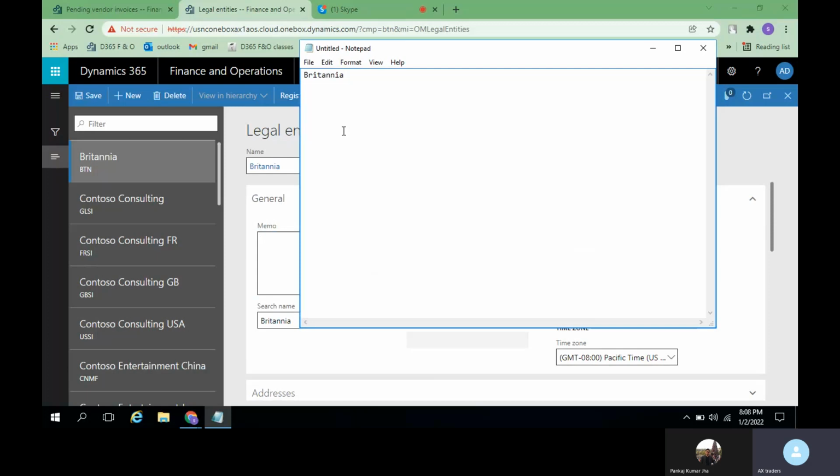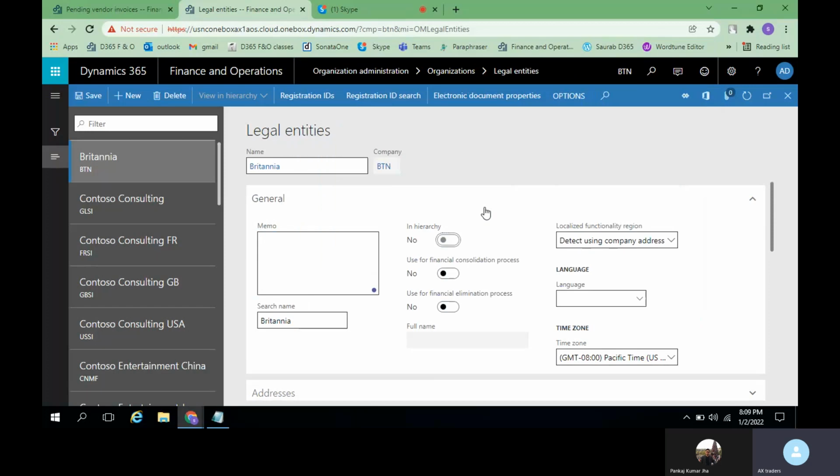One company is into biscuits, and one more is into breads. So you can create two more legal entities, Britannia biscuits and Britannia breads. At that time, it will allow you to select this in hierarchy.